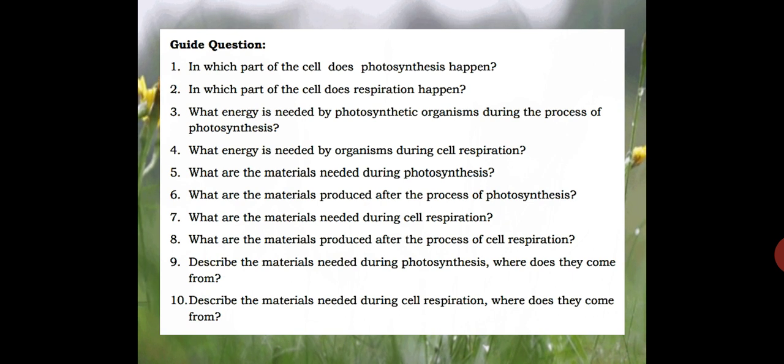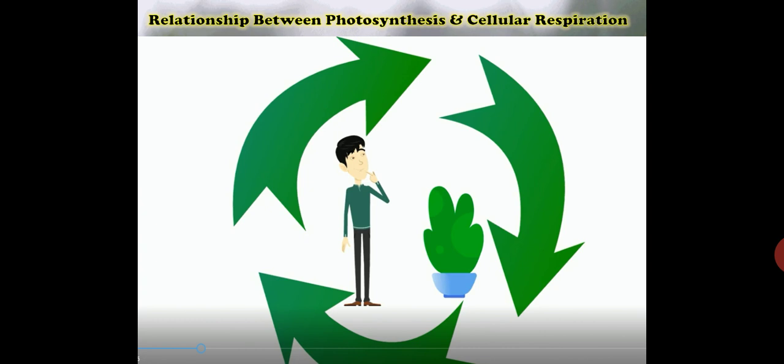Number 7, what are the materials needed during cellular respiration? Number 8, what are the materials produced after the process of cellular respiration? Number 9, describe the materials needed during photosynthesis and where they come from. And the last but not the least, number 10, describe the materials needed during cellular respiration and where they come from. Okay, so let us differentiate